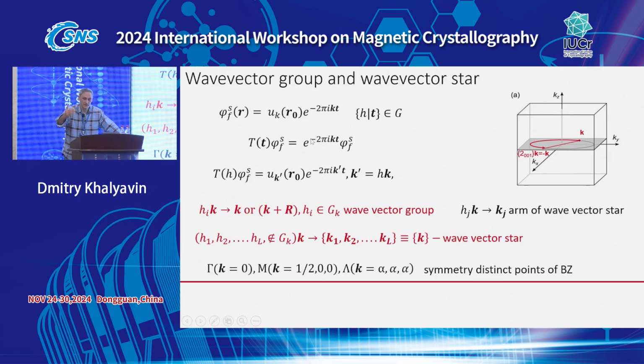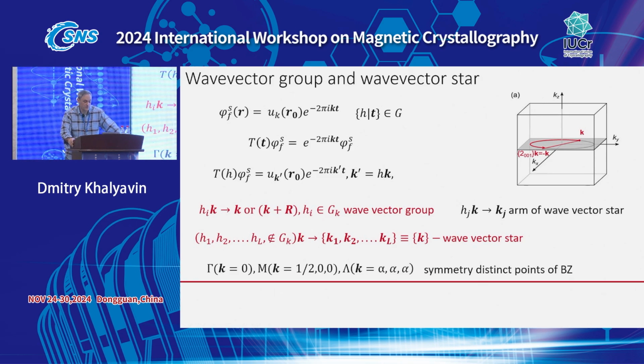Translation simply changes the modulation of our modulated functions, while a point symmetry element will transform this Fourier component into another one with propagation vector k prime. Here we can have two situations. Either this k prime is identical to k, so the point symmetry element acts on a propagation vector in the same way as on a non-polar vector, so it doesn't change or changes to an equivalent one, up to